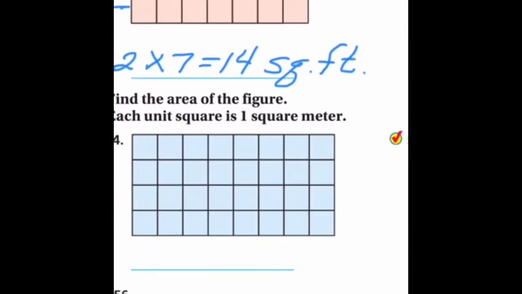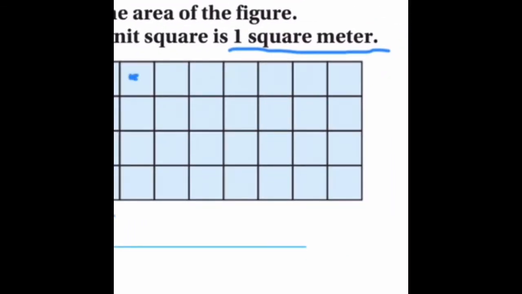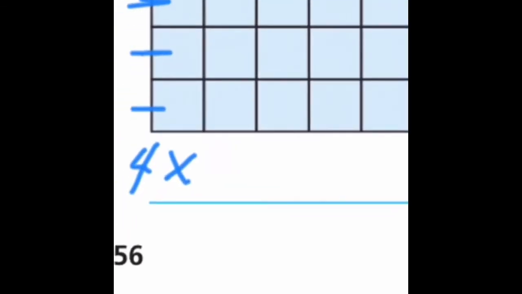Number 4 and number 5 say each unit square is 1 square meter. So I count out my rows. 1, 2, 3, 4. 4 rows of 1, 2, 3, 4, 5, 6, 7, 8. 4 rows of 8. Okay. 4 rows of 8. 4 times 8 equals 32